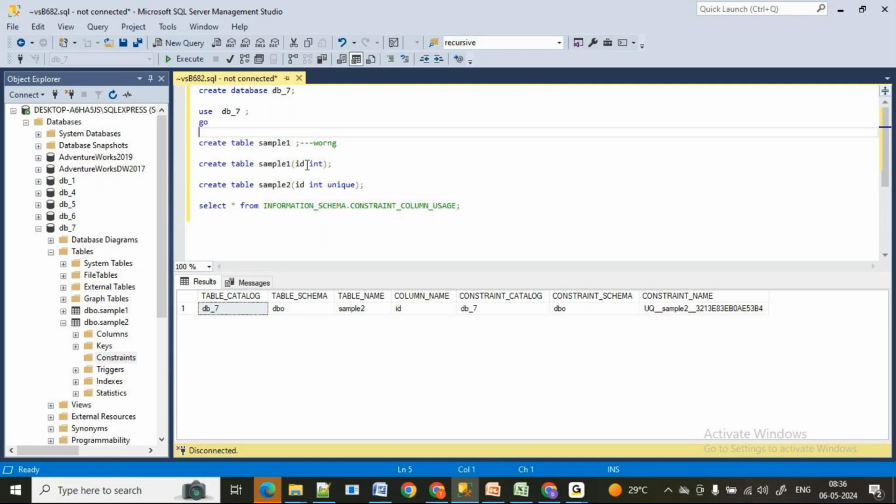I told you that DDL is an auto commit statement, and DDL will not talk about the data. What will it talk about? It will talk about the definition of a table, the structures of a database, views, and some other things.